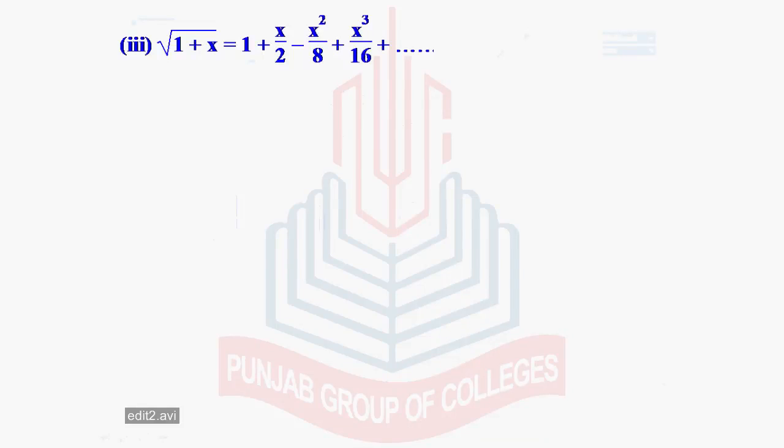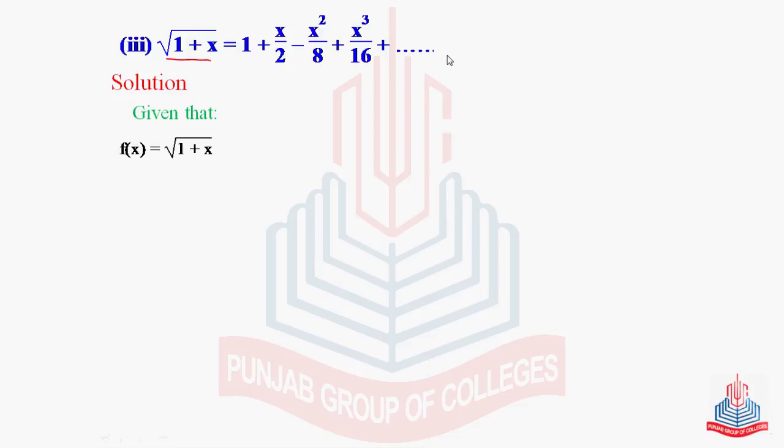Now the next part: square root of 1 plus x is equal to 1 plus x by 2 minus x square by 8 plus x cube over 16 plus so on. Again, the same process, you can easily do yourself. I just write all these values. Given that f of x is equal to square root of 1 plus x, just to apply successive derivatives, f prime